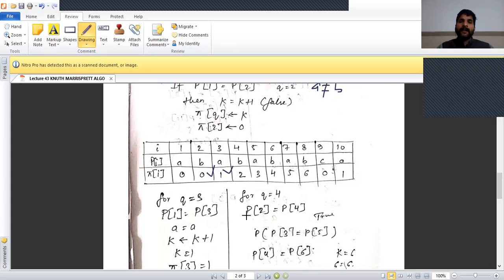Next we check the value of p2 equal to p4. Because value of k equal to 1, so pk plus 1, with k equal to 1, is p2. p2 equal to p4, value of p2 equal to b, p4 equal to b, condition is true. So k is incremented by 1 and k value equal to 2 and pi q stores the value of 2. Next for loop increases, index value of 5. Now we check q equal to 5,